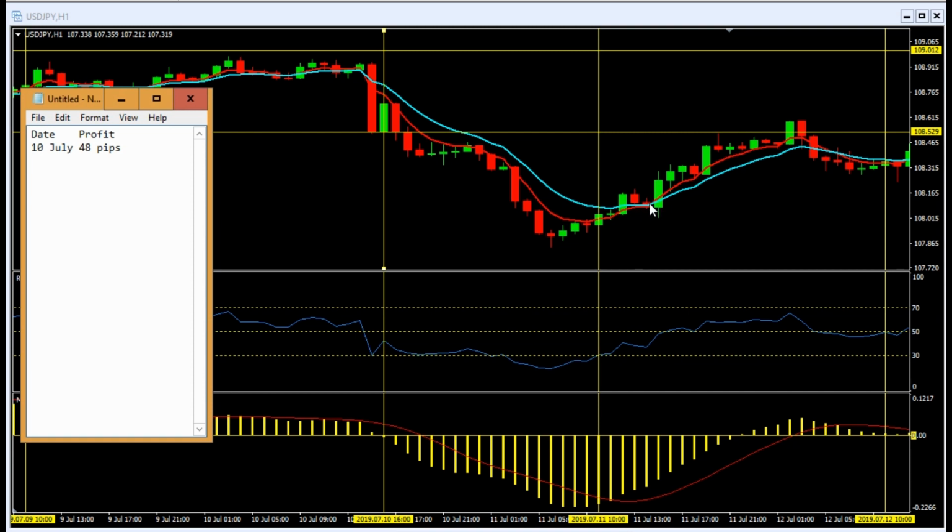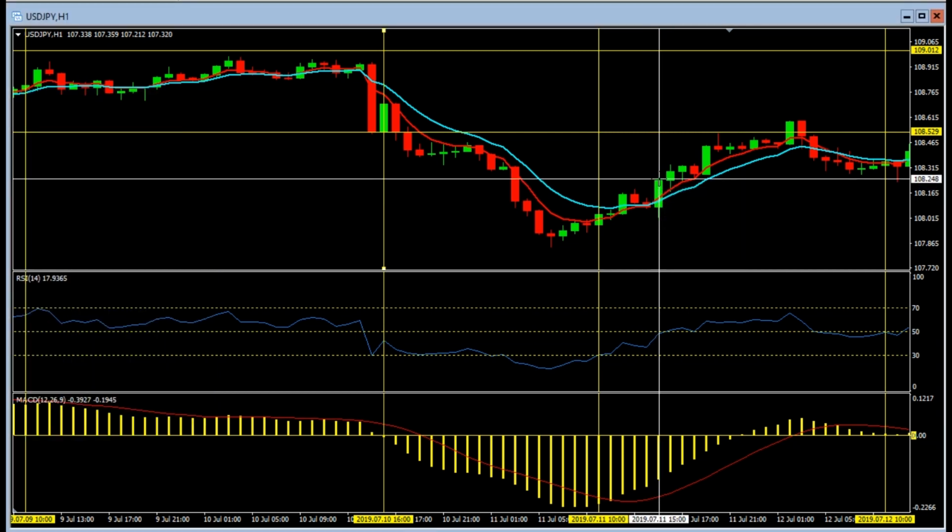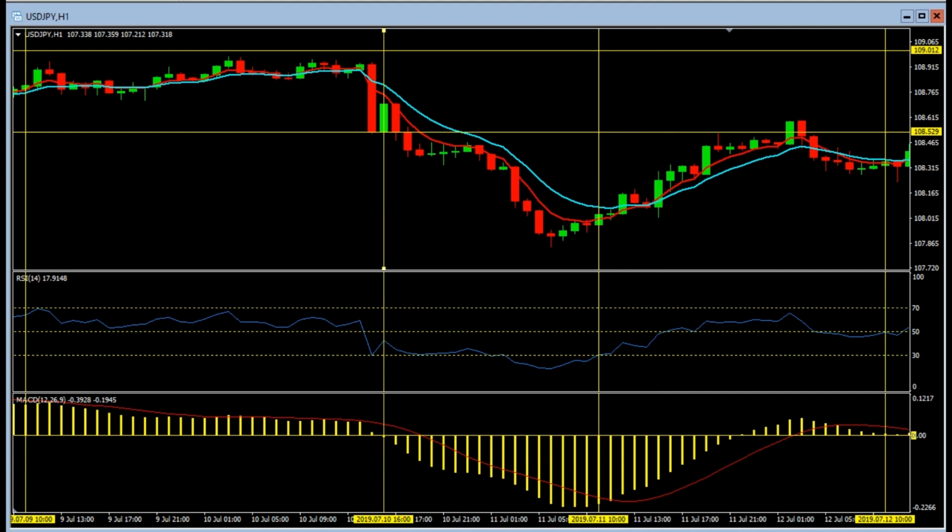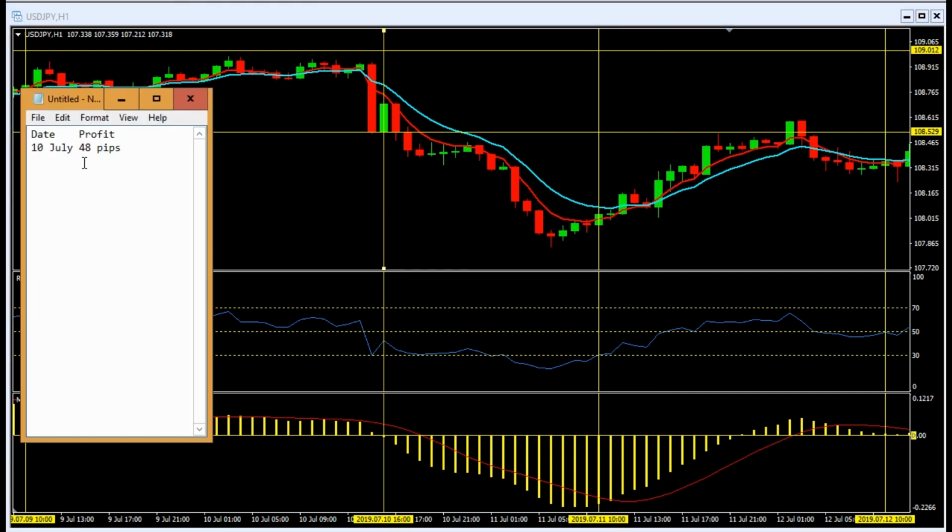average crosses the blue and goes above it. So it's up here at the close of this candle. We will exit our second trade. So we will get a profit of about 27 pips. So our second trade is same day, 10 July,